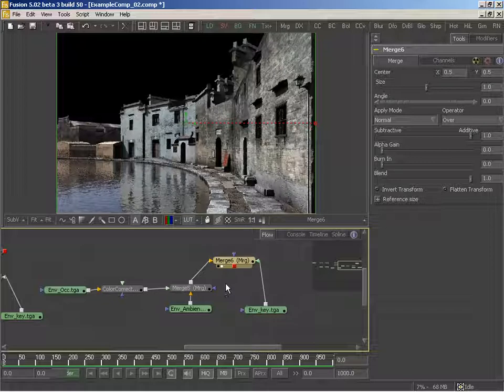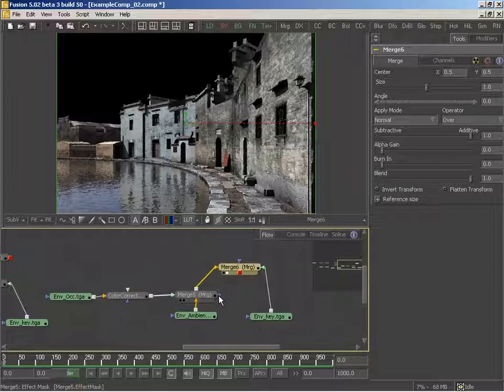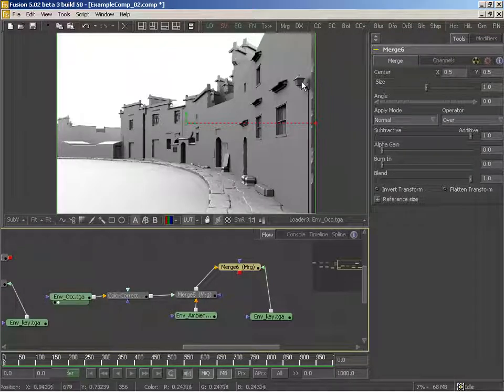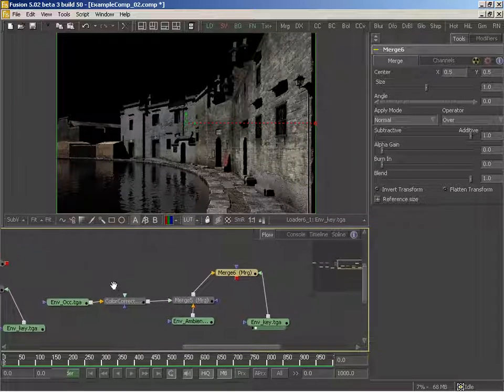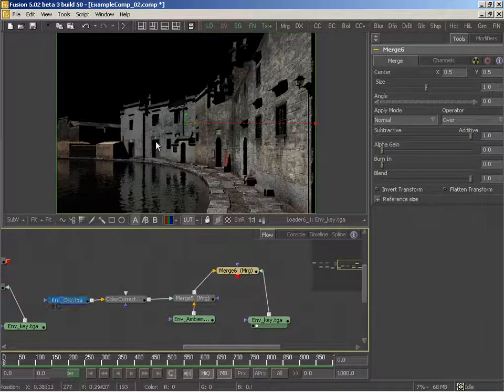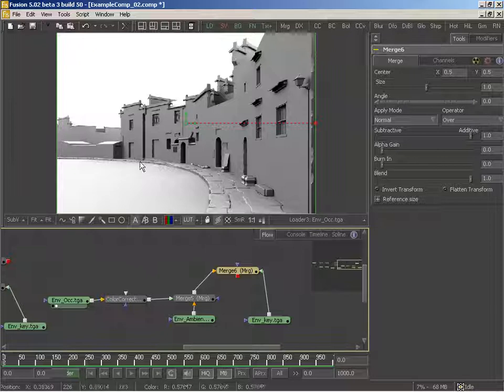But we do have a problem with this method. In fact, we have several problems. One, you'll notice the lamp. Occlusion does not work well with transparent objects. In fact, it doesn't work at all. And we have the same problem with reflections too. This should be reflecting in the water, and it's not. So this method